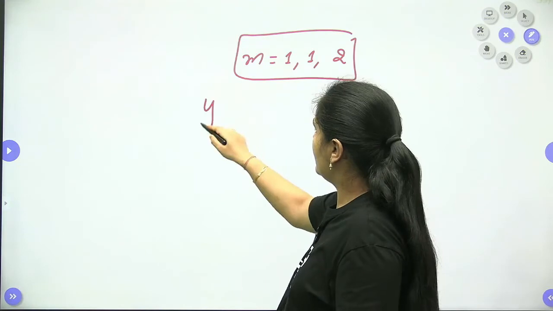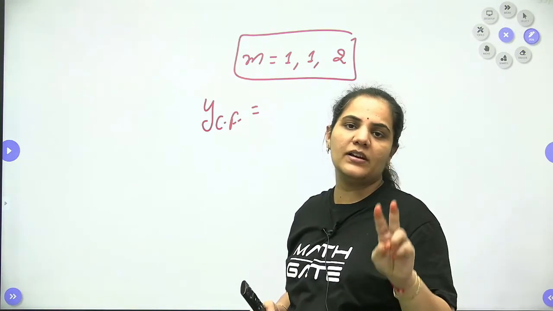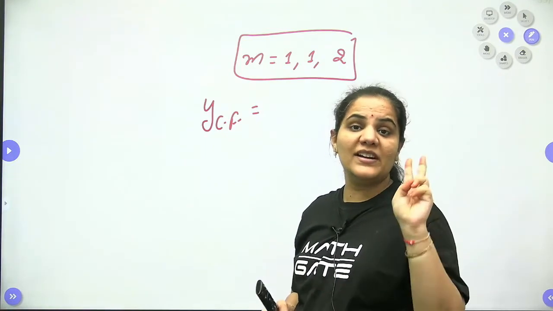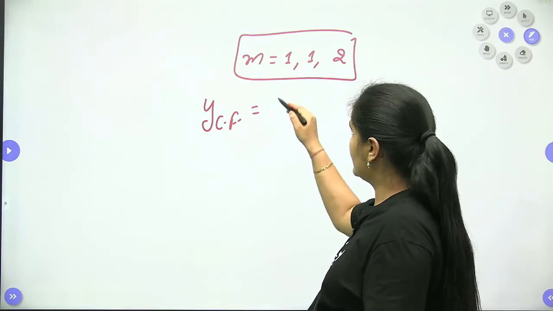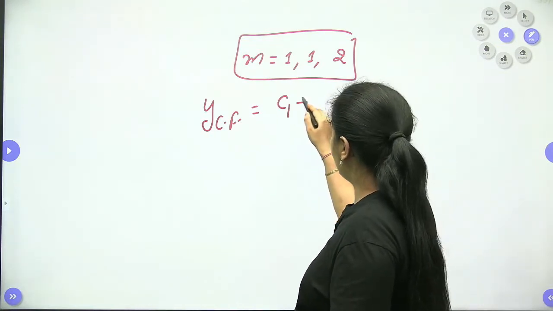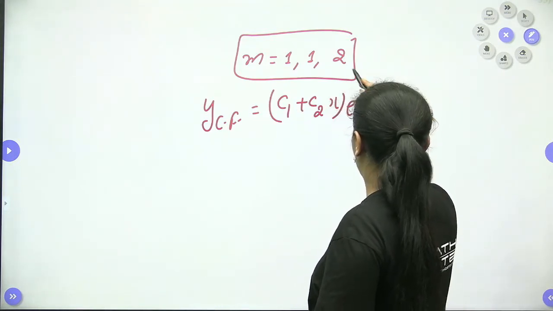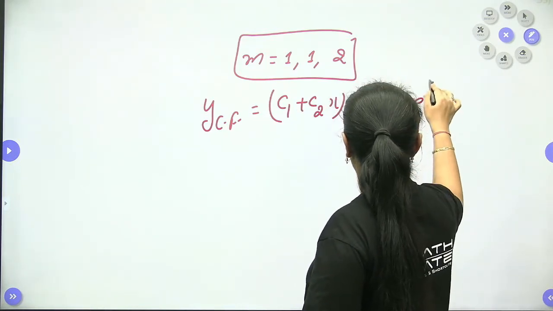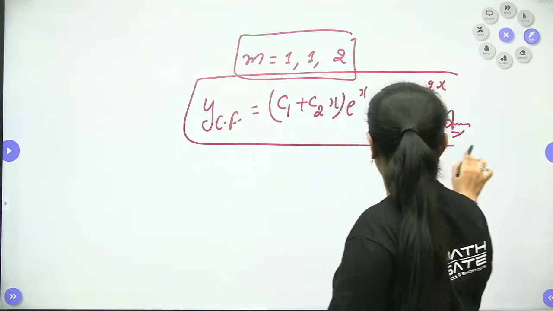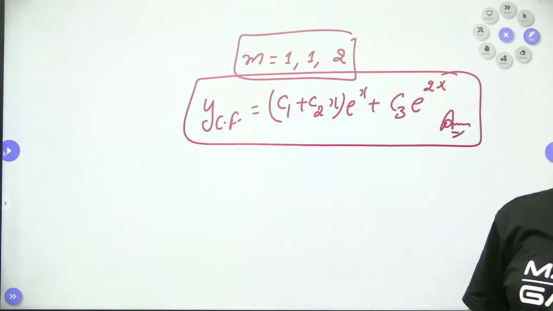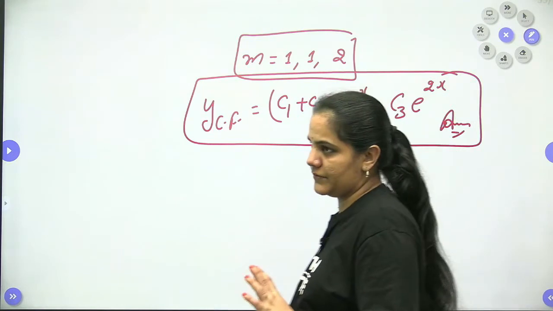So here we have the general solution or the CF when we have two same roots, two same and real roots, or you can say two real and equal roots. The general solution or the CF will be (C1 plus C2 x) e to the power x plus, for this one, C3 e to the power 2x only. So this will be your final answer, my dear students. Is it clear? So we can easily approach these things, as these things are very simple to approach.